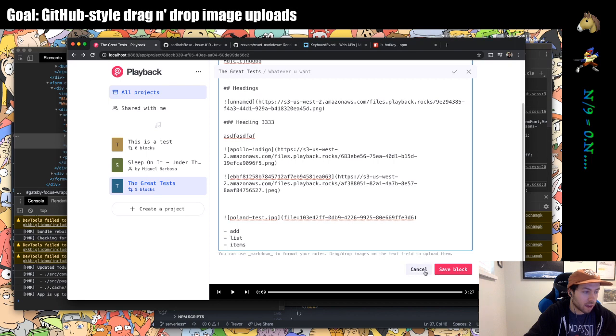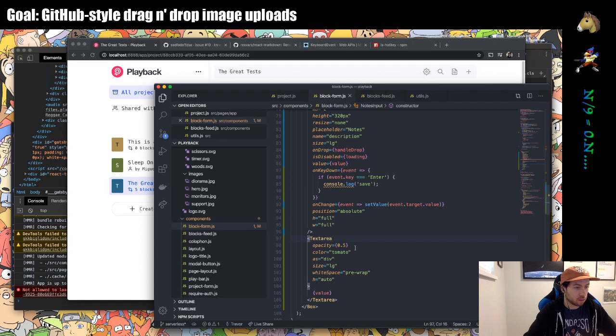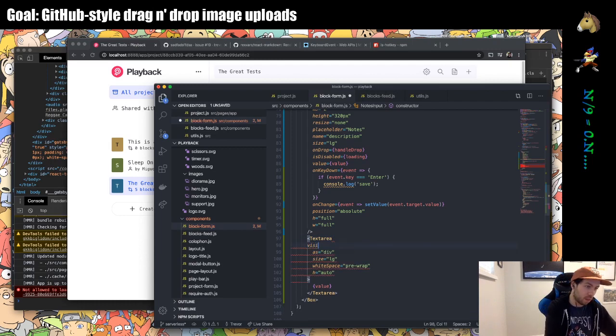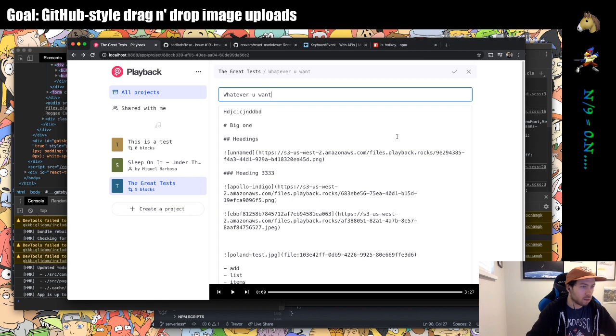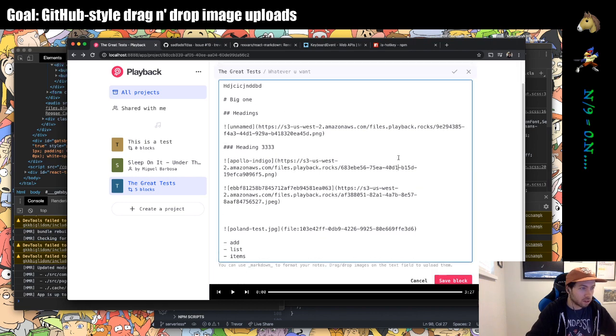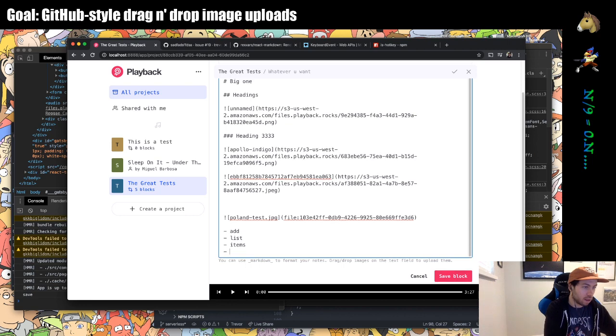I wonder why I had to do that. Let's just try this. Give this visibility hidden, and there it is. Now if I, yeah, it doesn't work